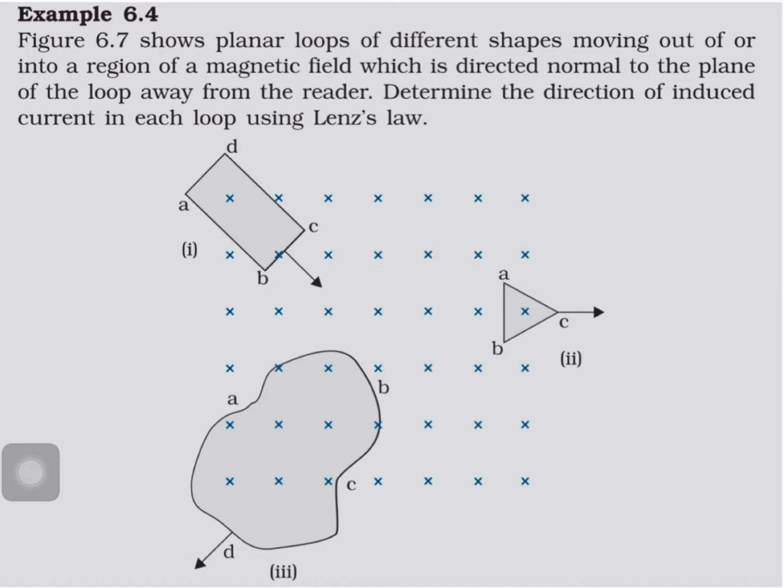In the same way, in the third diagram, the irregular shaped conductor ABCD moves away from the magnet. Away from the magnet means anti-clockwise direction. Am I right? So the direction of current induced in the irregular shaped ABCD is CDAB. So this is the way we can understand the concept and also solve the problem.